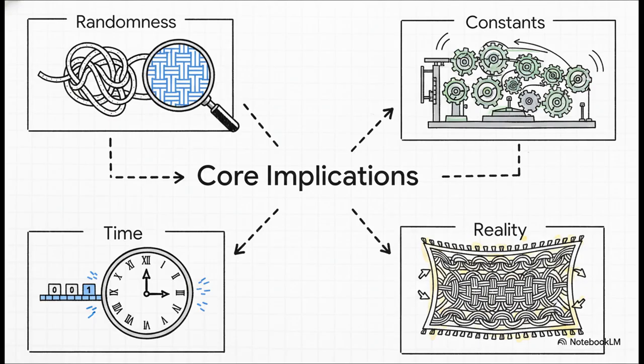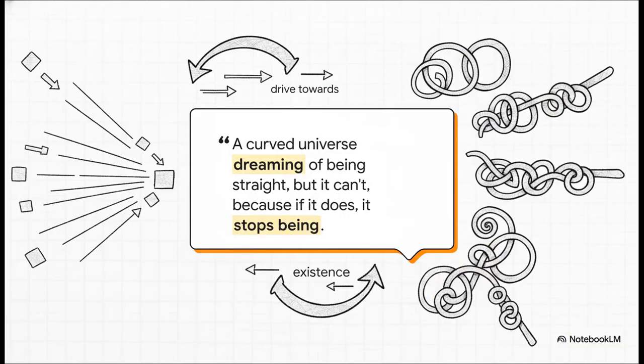It could just emerge from the clock speed of the universe's processor. Reality, then, isn't a stage. It's a living, self-organizing tapestry of information. And that brings us to this final thought, which I think just poetically captures the whole idea. The universe is held in this perpetual state of becoming, a beautiful dynamic tension between the drive for simplicity, for nothingness, and the complex, recursive, messy curvature that allows it to exist in the first place.